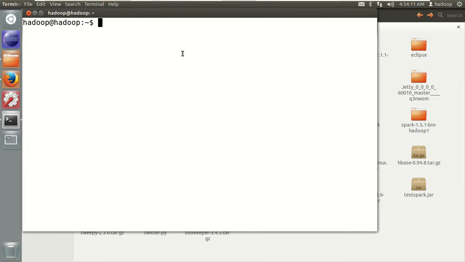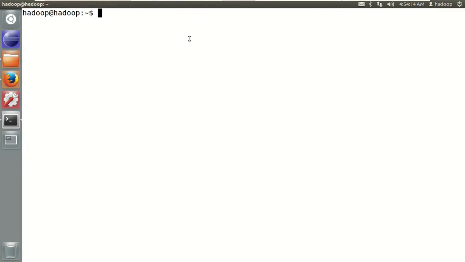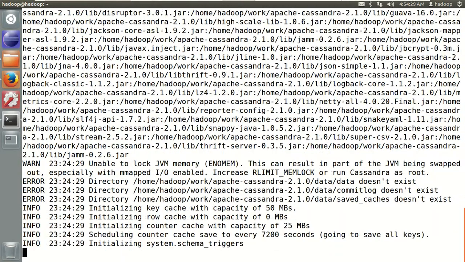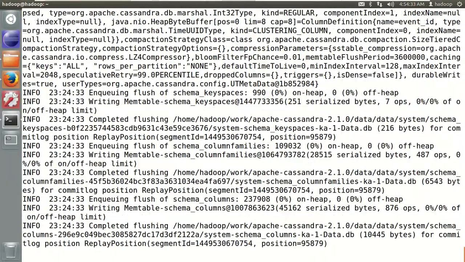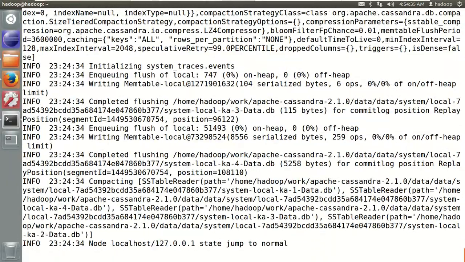Once Cassandra is configured like that, we can start Cassandra and work with it. How can we start it? Simply type cassandra and it starts, but you have to check the Java compatibility, which version of Java you are using, whether 1.6, 1.7 or 1.8, since it depends on the Cassandra version. My current version can work with Java 1.6 and 1.7.